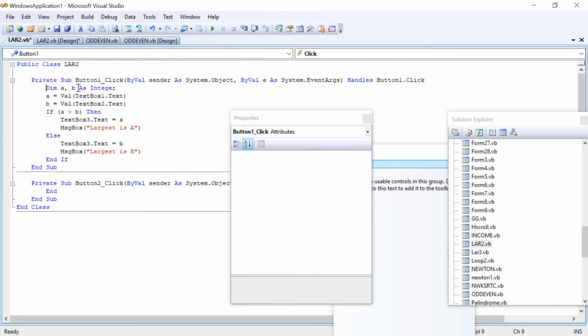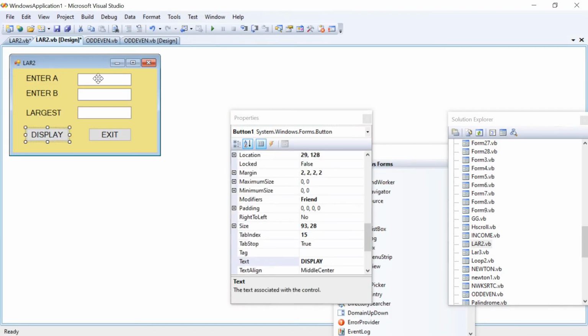Then we have declared two different variables. To declare the variables, the Dim statement is used, and these two variables are of integer type. And for input 1 and input 2, it is entered via text box 1 and text box 2 through the text property here, correct?